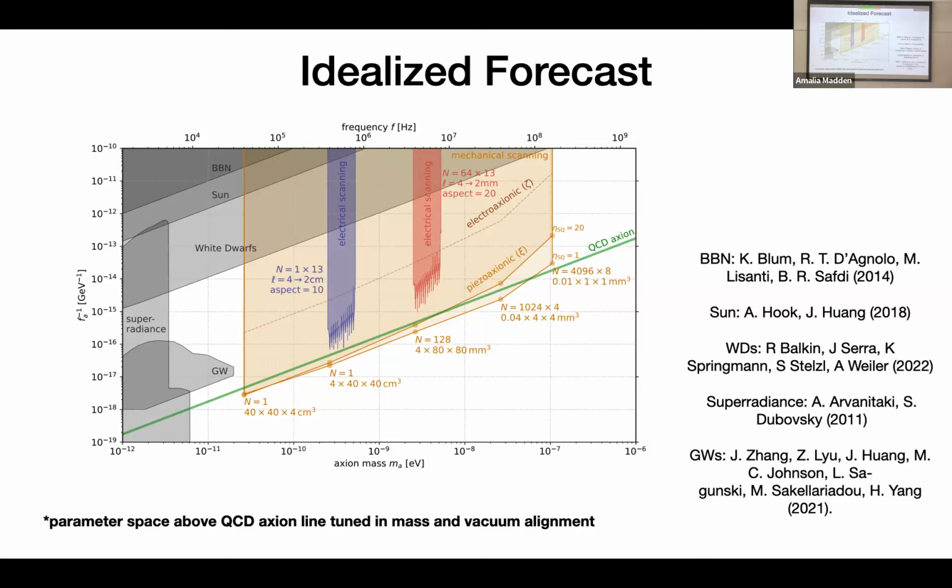I'm confused. Why are the white dwarf and sun lines at an angle? Aren't they just sensitive to the coupling, not to the mass? You have mass on the x-axis and the coupling on y. Mass has nothing to do with it. I suspect these lines are wrong.